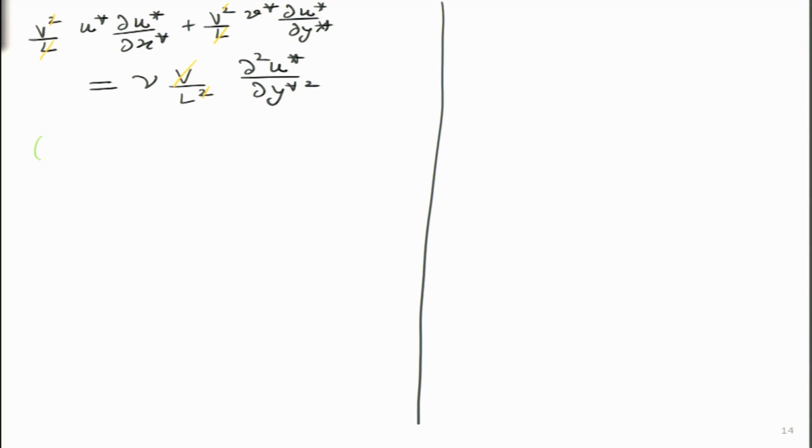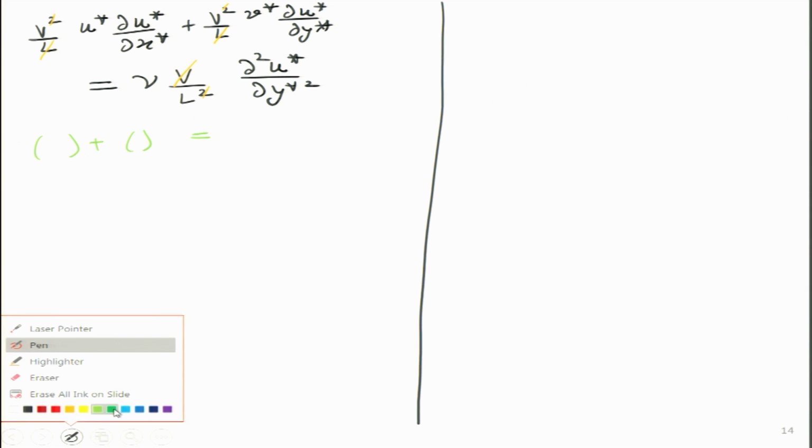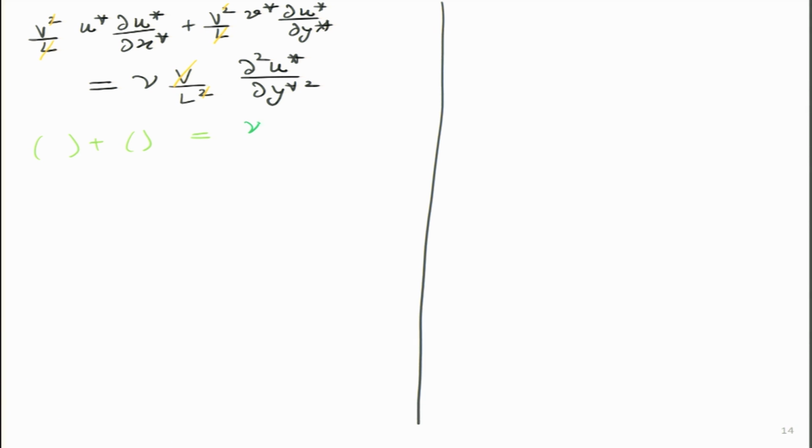Okay. So, we will get the first term plus the second term, and on the right hand side what will we get? We will be having nu divided by capital V divided by capital L, and then this term over here. These non-dimensionalized terms are long to write, so I am not going to write them. And what is this number over here? Nu by V L is simply 1 by Reynolds number L.